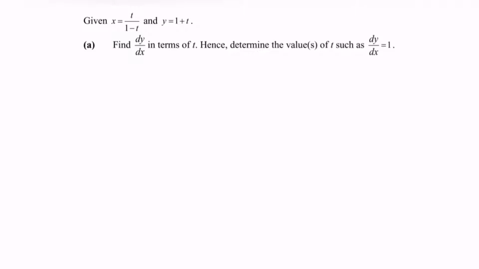So now, given that x equals t over 1 minus t and y equals 1 plus t, I'm going to differentiate x with respect to t. Given that it's a rational function, I'm going to use the quotient rule. So let us differentiate x with respect to t. dx/dt equals v, which is 1 minus t,